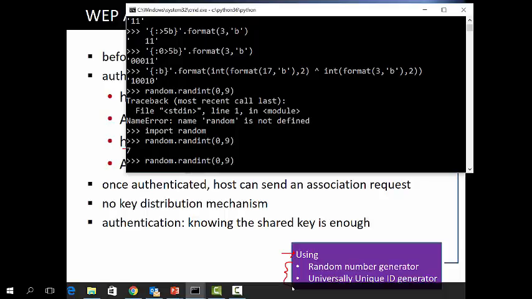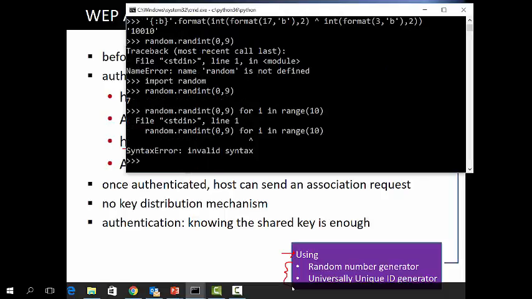Can you make this, for example, for i in range 10, and validate the syntax, right? Because it's just a random number.